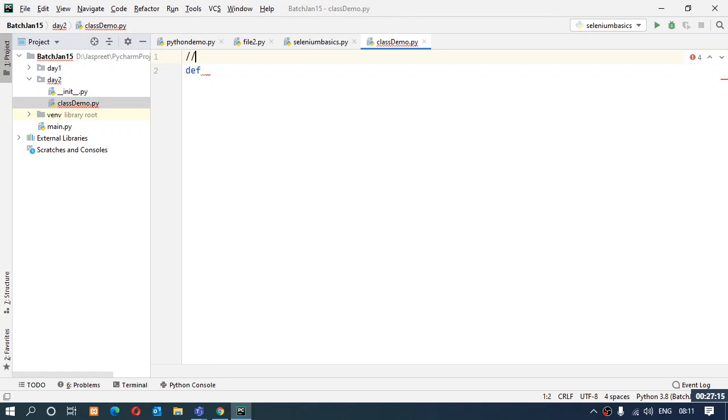So def, and my function name I will be keeping as demo1, followed by a pair of parentheses and a colon. That's it. Once you press enter, it's automatically going to take a tab distance from the margin.